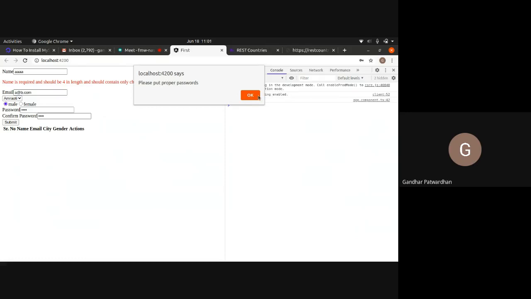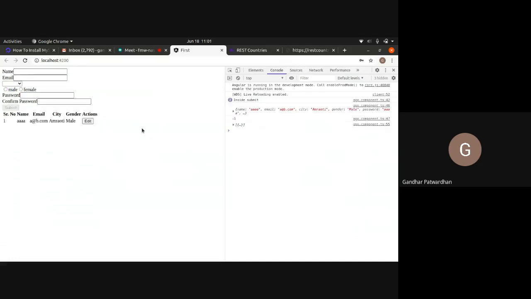It says please put proper passwords. Now instead, if I give a and click on submit, it added. Is it clear? Okay. So this is just one way of doing it. There can be n number of ways of doing this, but this is just a very, very simple way which I displayed.